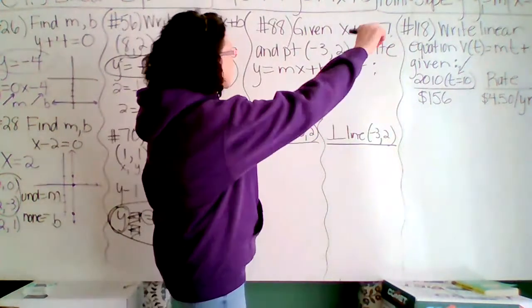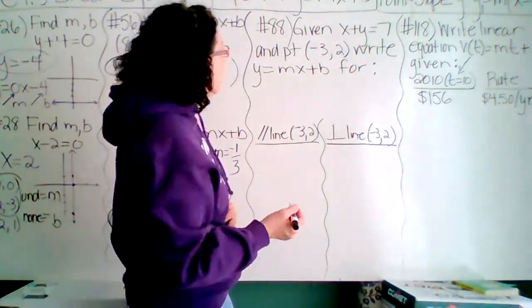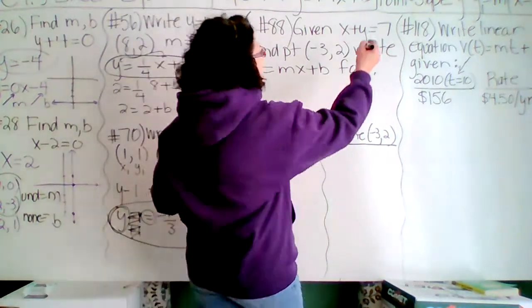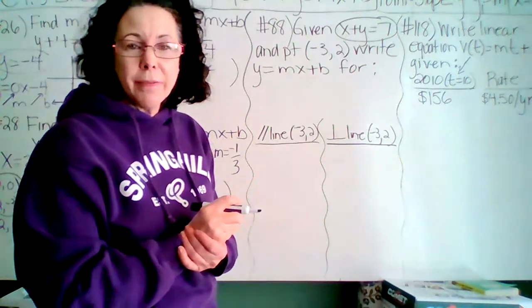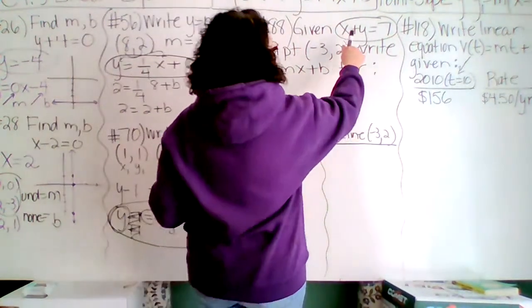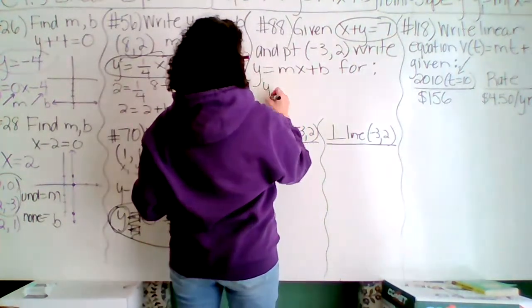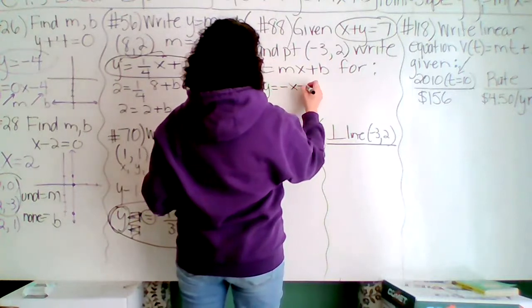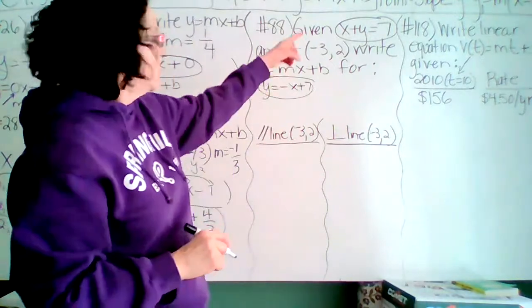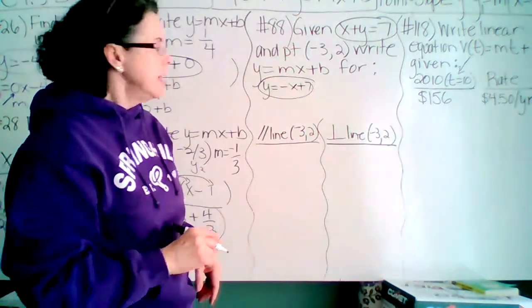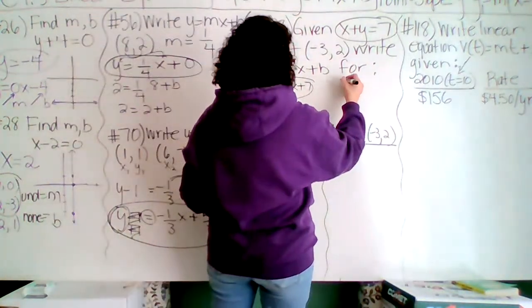And in fact, let's go ahead and do it, okay? What I'm going to do first is, the line that they gave me, it would be easier for me to graph in y equals mx plus b form. So I'm going to subtract an x from both sides here. And I'm going to circle it, right, so that you know it's a match. And take a look here. If I graph this,